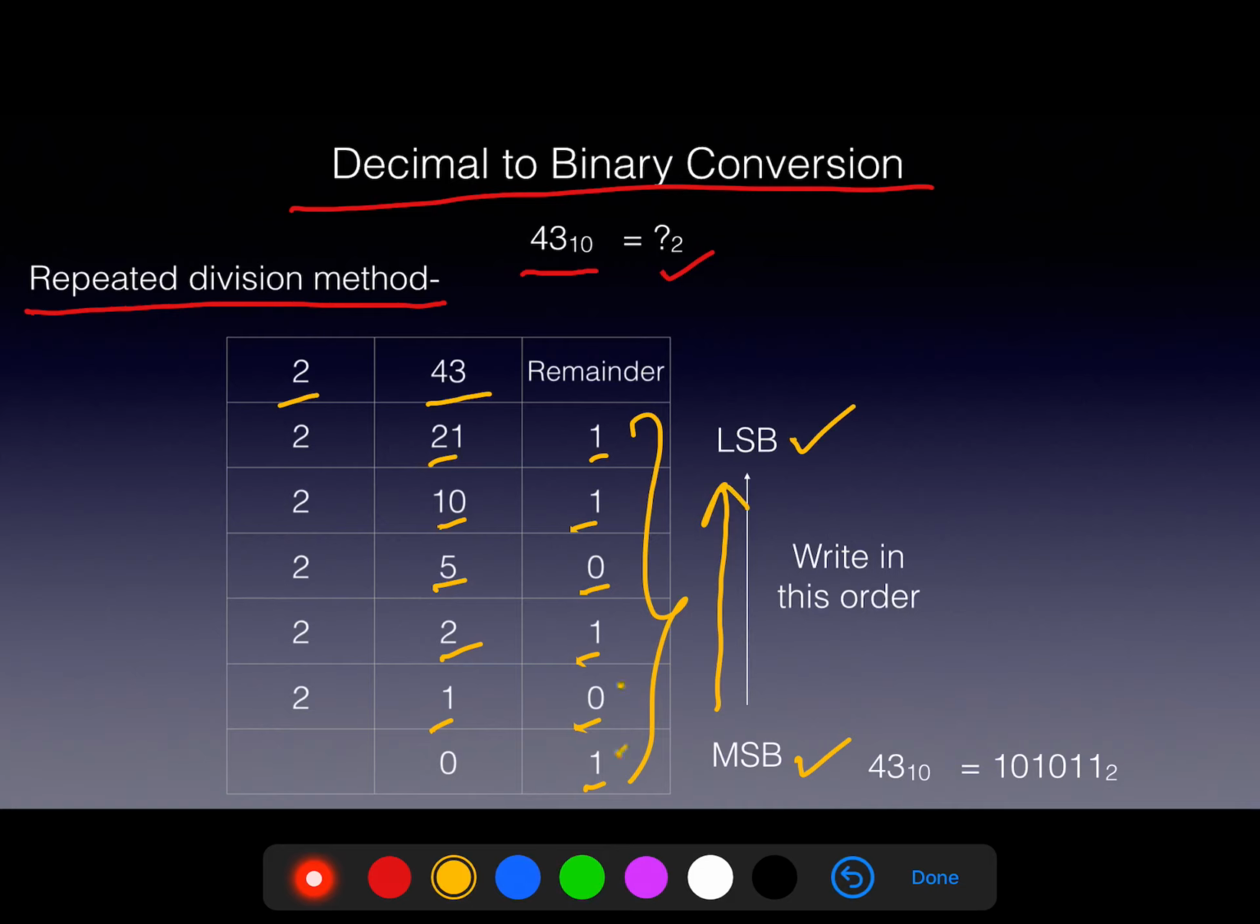Look at the 1 0 1 0 1 1. So here I have written 1 0 1 0 1 1. This binary number, or combination of binary digits, is the binary equivalent of 43. Okay, so this is the binary equivalent of the decimal number 43. Now in the next slide we will check